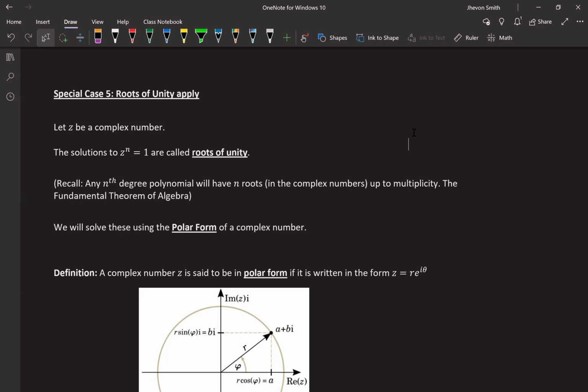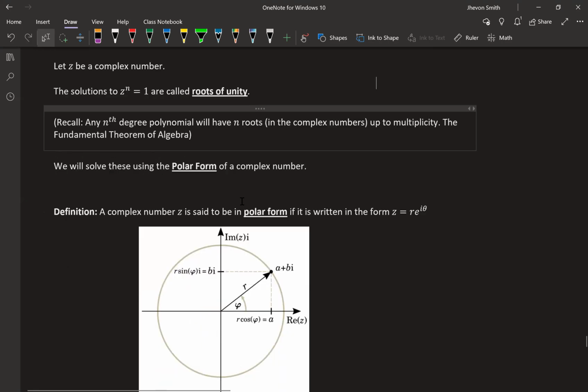And it turns out, by Galois theory, not always will we have a nice formula to find them, but in theory, they're always out there, and we can approximate them. So that is a very important thing. Okay. Now, what you can do is you can solve this equation using what's called the polar form of a